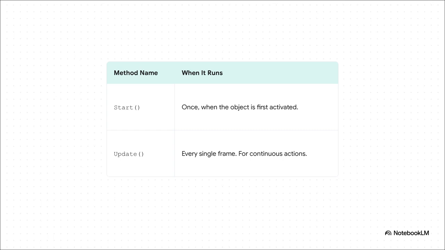Anything inside the Start method runs one time, right when the object first appears. Perfect for setting a character's starting health or something. Then you have Update, which runs over and over and over again, once for every single frame of the game. This is where you put stuff that needs to happen constantly, like checking if the player is pressing the jump